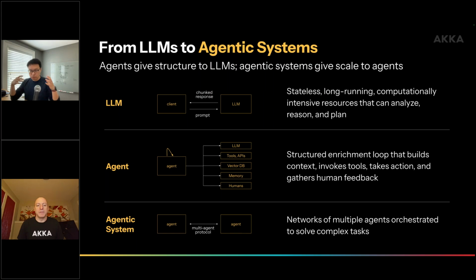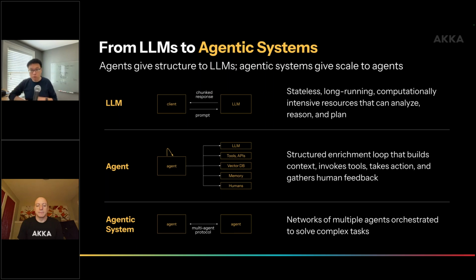So LLMs are the magic behind this, in the sense that they can do that reasoning, that planning, and analysis. But an LLM is just a brain, so it doesn't have any memory and it can't perform any actions. And so in order for an LLM to be effective, you put the LLM in an agent, and the agent is actually responsible for getting all the context that's necessary for the LLM to make a good decision. So it retrieves that context, it sends it to the LLM, gives a response back, and again,